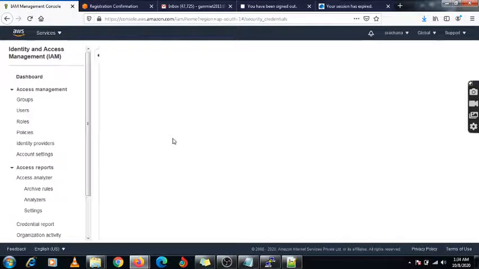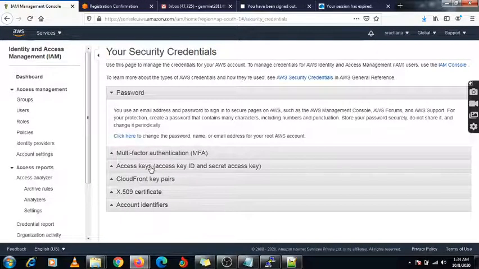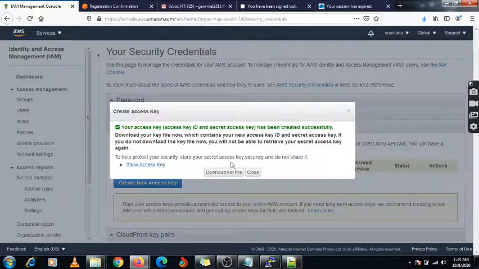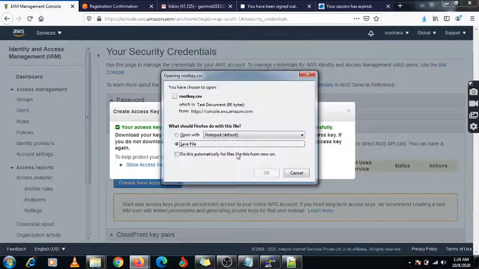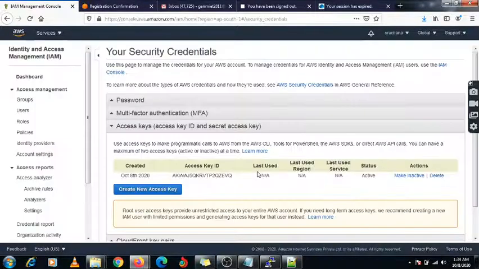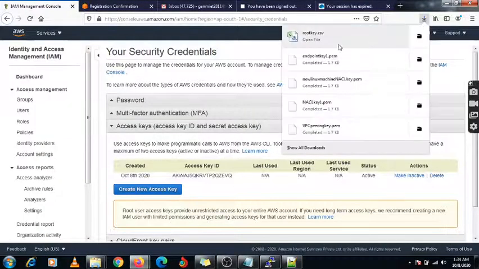Under this you need to download that Excel file. Here is the access key, create new access key, and you need to download it. Once it is downloaded, we will paste that key. I'm going to open it.